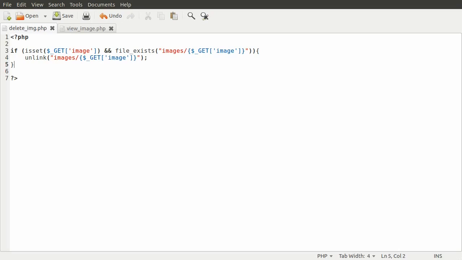So basically you need to expect something that you don't expect, which is, well, it's impossible, but you need to try and think of what could happen if something else was supplied. So here you want to make sure that the user is only deleting something from this images folder. So the solution is the same solution as the template system